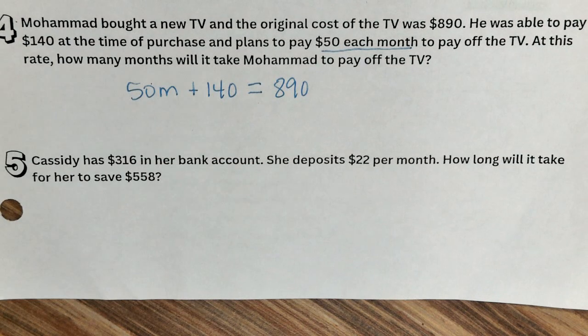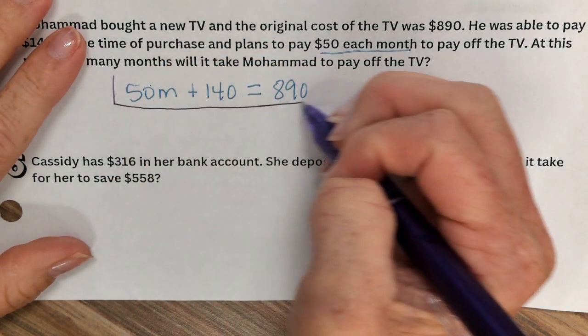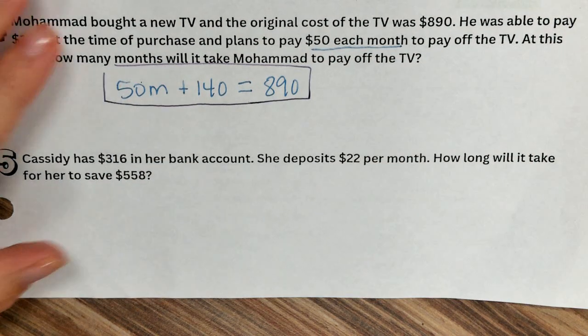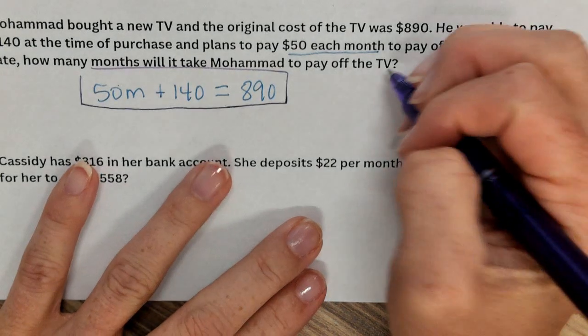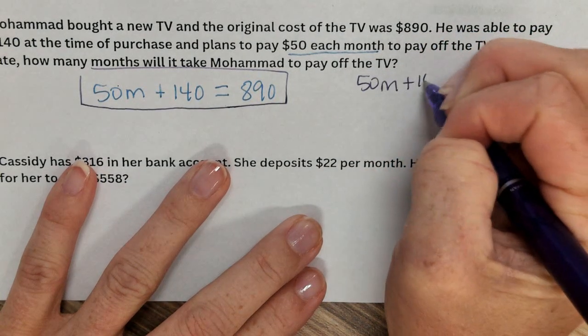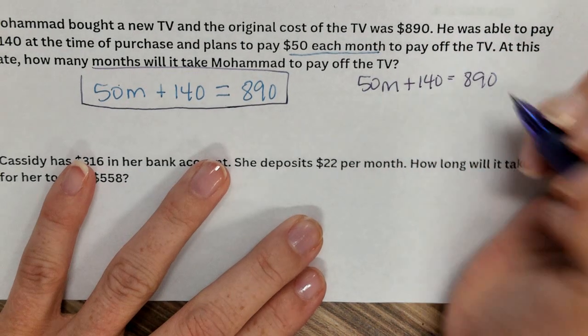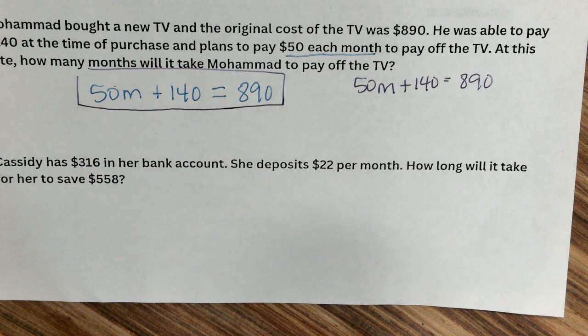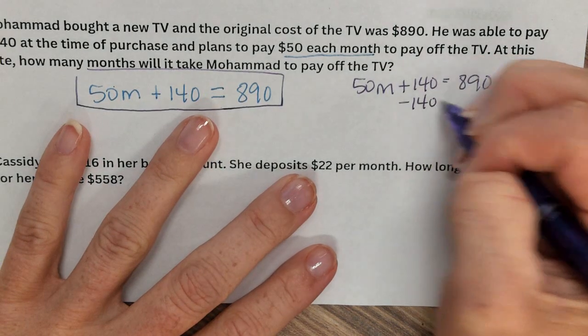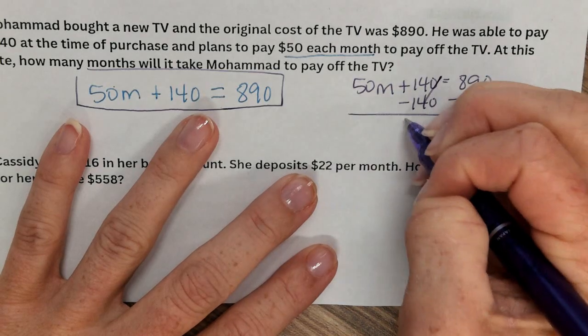Three boxes in the equation. So let's go solve it. Box in your equation. That's your equation. And now let's go solve it. So 50m plus 140 equals 890. How would I get rid of the constant 140? Minus 140. So I have 50m